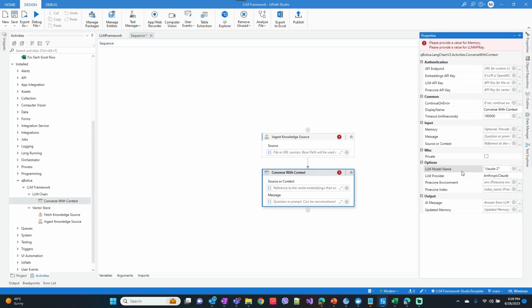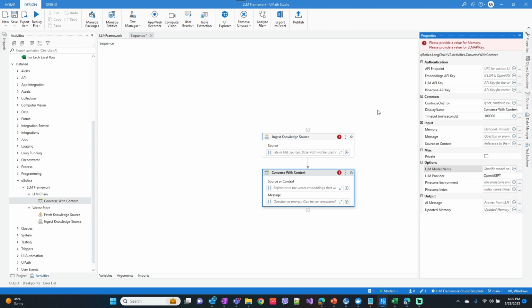Of course, you have to provide the corresponding LLM API key depending on which LLM provider you choose. Again, the full setup and usage for these activities can be found on the corresponding marketplace link for the